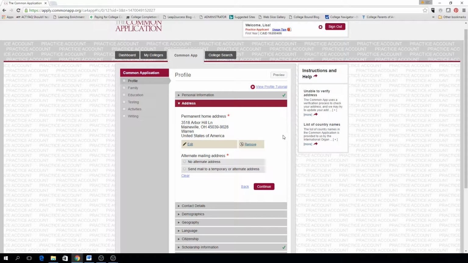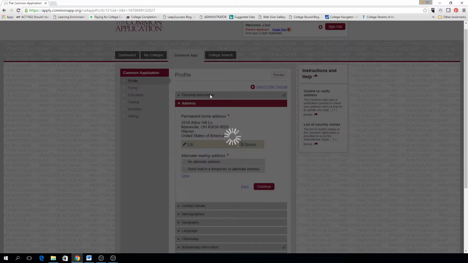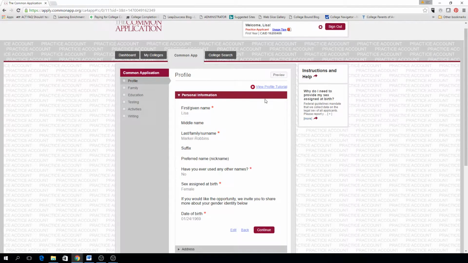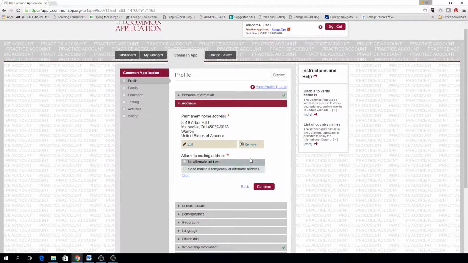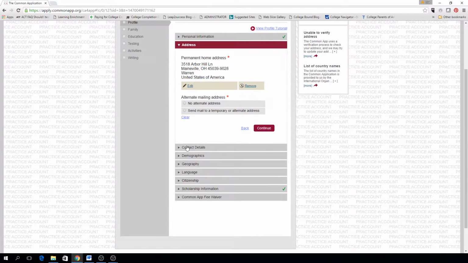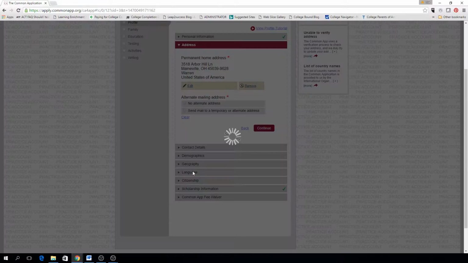Now, as you'll note up here then, do you see that green check mark next to personal information? That green check mark up there next to personal information meant that that section was complete. So you can go through by either hitting continue, or you're able to navigate. Let's say we wanted to skip down to language. So you can click on language,